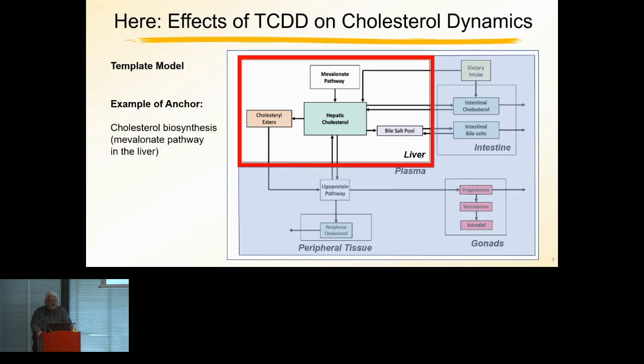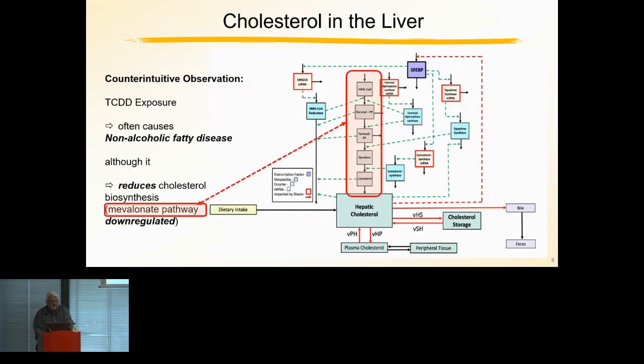So we want to focus primarily on the liver, and that's an example of an anchor. Others we are working on, we have not done totally. So we want to look at the liver, and within the liver, there's this pathway that produces cholesterol, and I know you cannot see the details, but the details are not so important. There is much behind this. It's not just words. So it's a pathway that produces cholesterol,